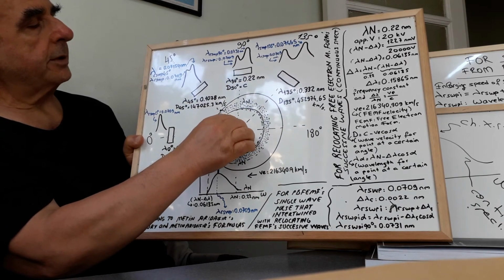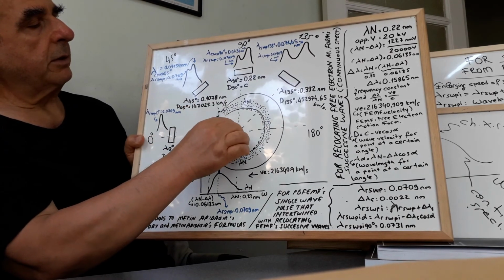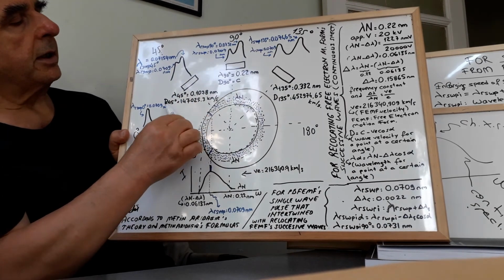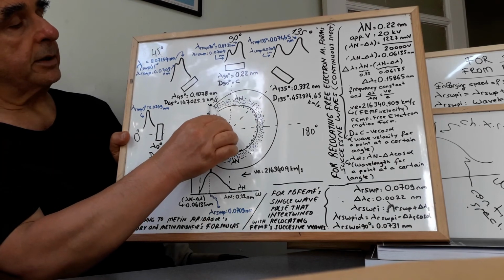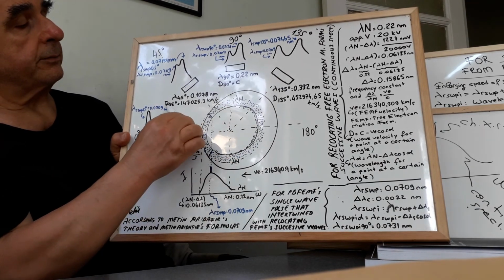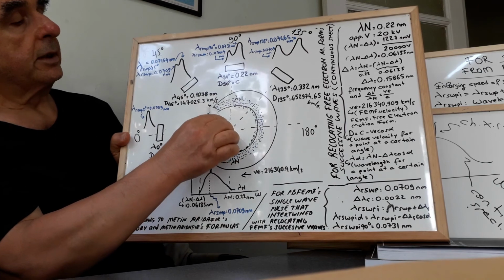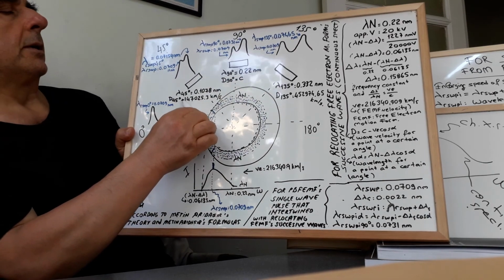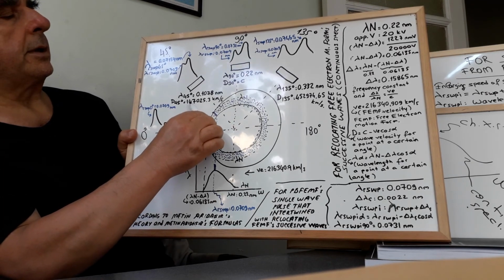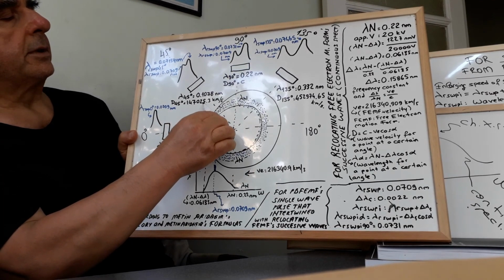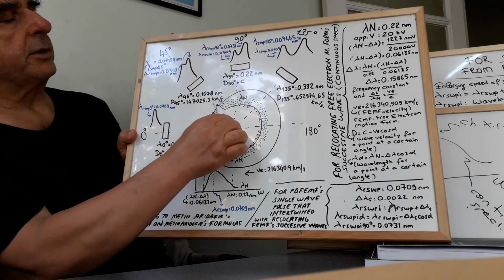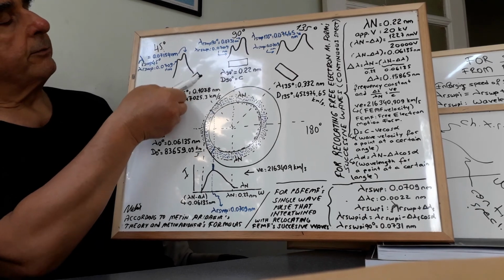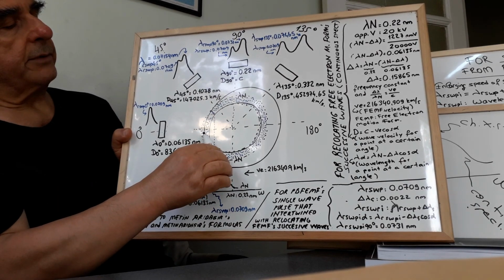At this point, its wavelength is 0.1078 nanometer, at the 45 degree point. The wave velocity of successive waves of the free electron motion form is 147,025.3 kilometer per second, like this. Okay, and for shifting of